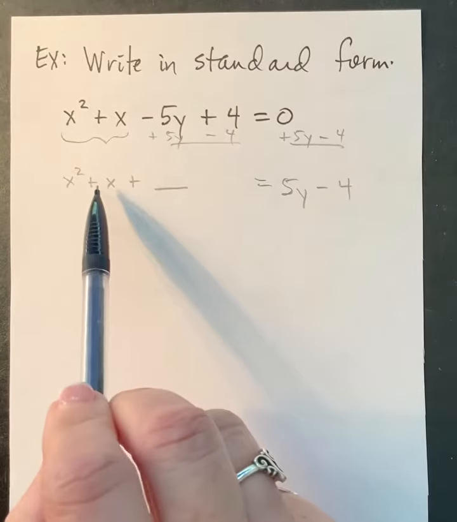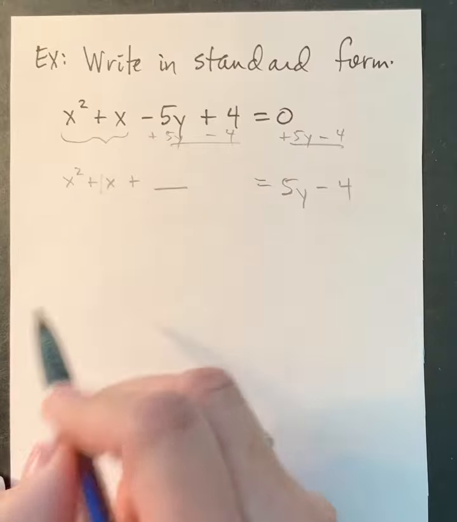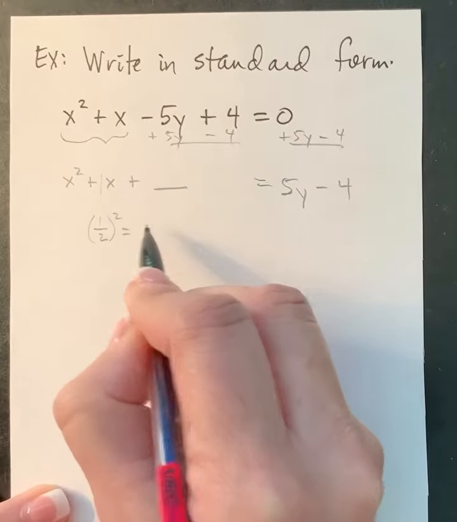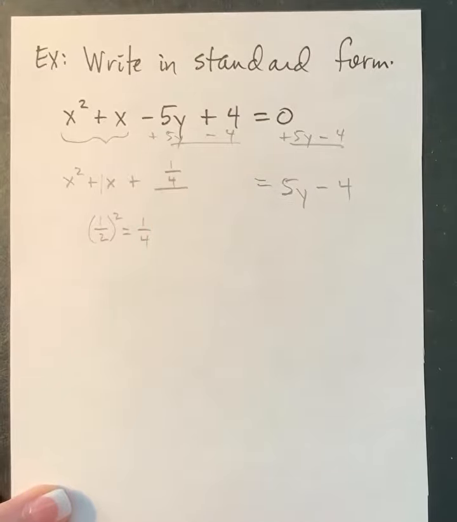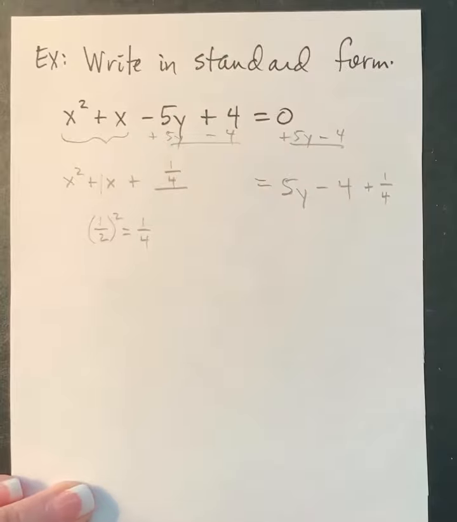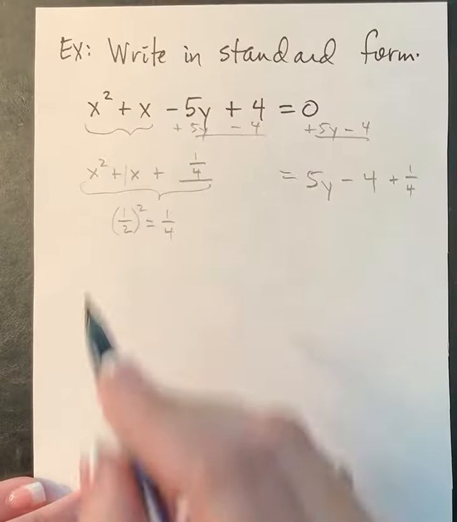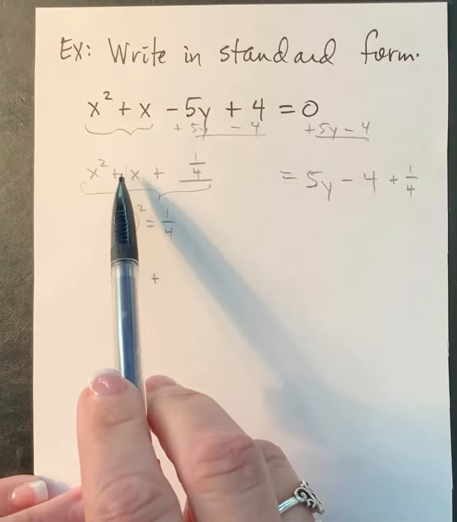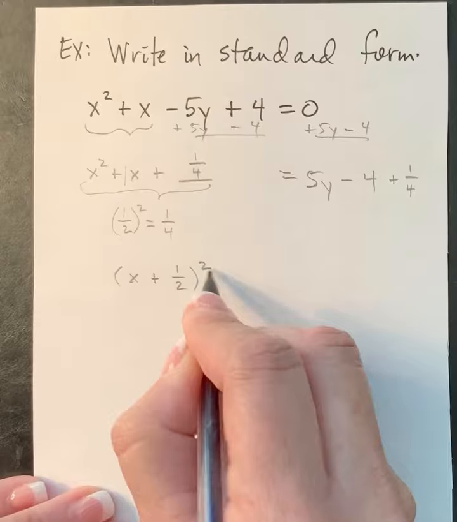Okay, so then the little trick, I've been doing it mentally, take this coefficient, divide it by 2 and square it. This coefficient is 1. If I divide it by 2, I'm going to have 1/2. And if I square that, that's going to give me 1/4. So that's what I'm going to add to both sides. Okay, so now I have to add a 1/4 over there. Okay, this is a perfect square trinomial. It's not quite as recognizable, but it's going to be x plus whatever the number was you got when you divided that by 2. This is x plus 1/2 squared equals